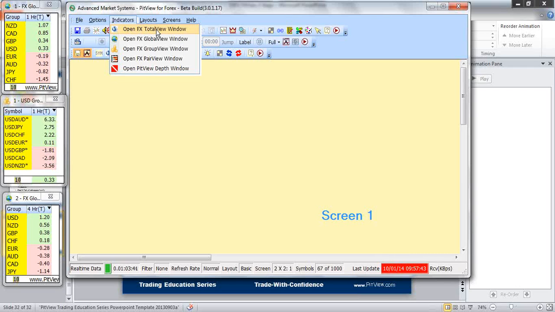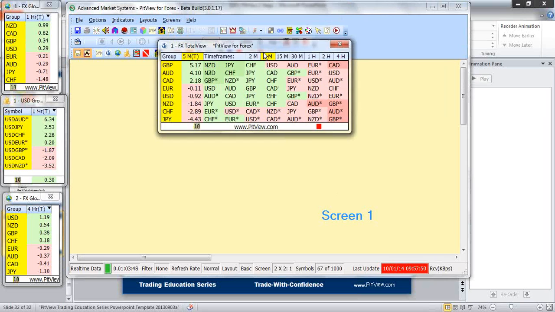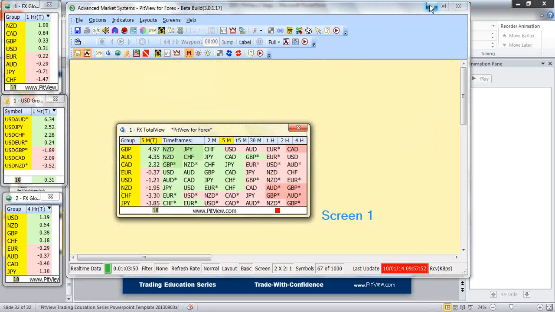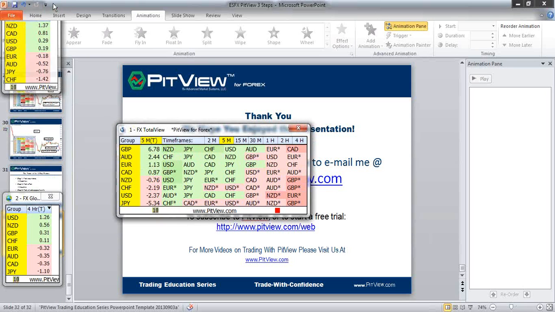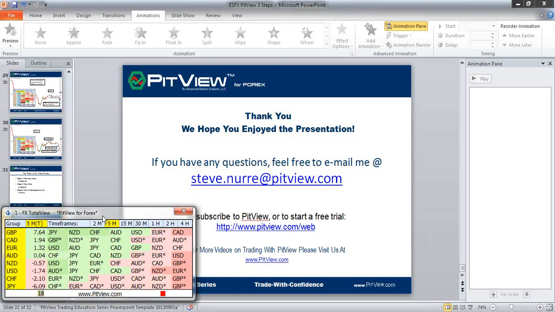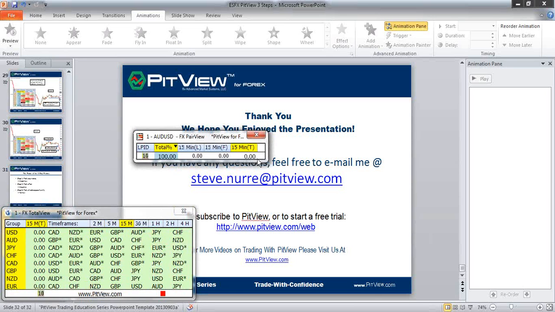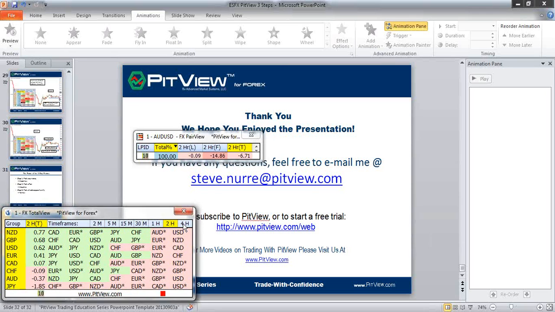But we've actually added something called Total View. You see this Total View up here? This is in beta testing mode right now. Total View is freaking awesome. What it does is it combines these two things together. It combines Global View and Group View to where you don't even have to have these on your chart anymore, and you only have to have this one window open, because it has all your time frames right down in here, to where you can switch between 30-minute, 1 hour, 2 hour, 4 hour,